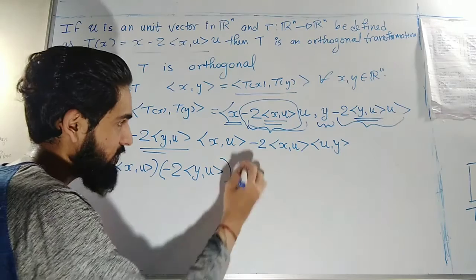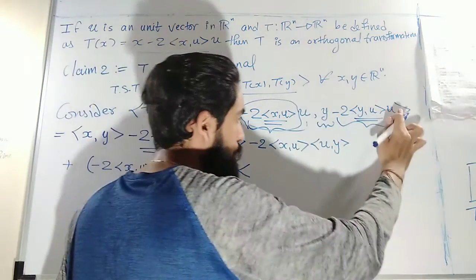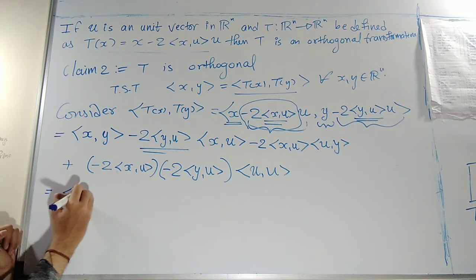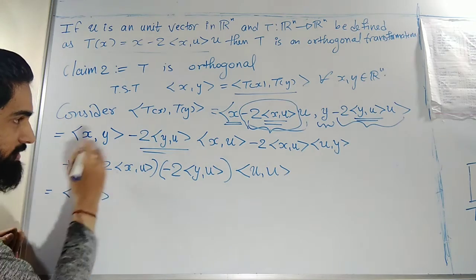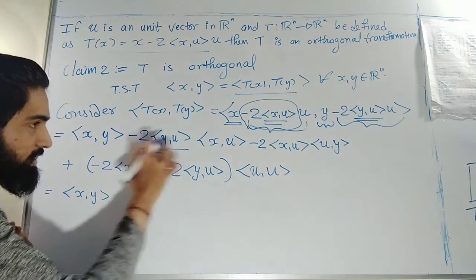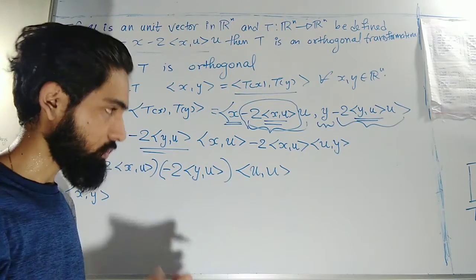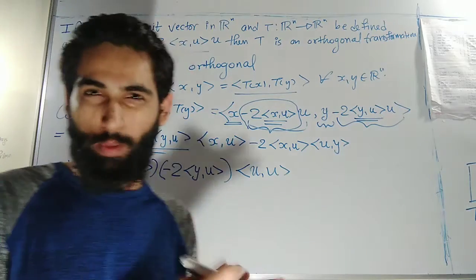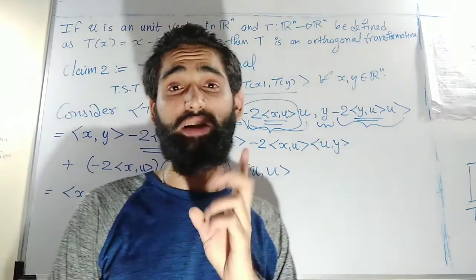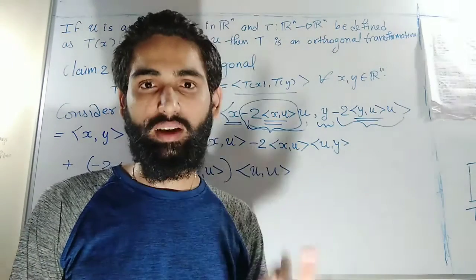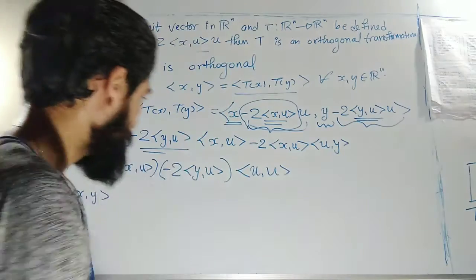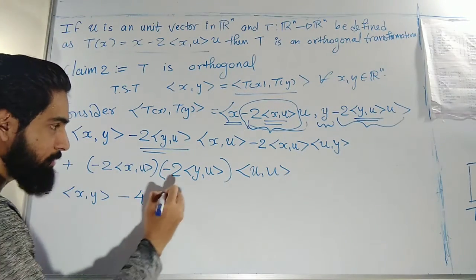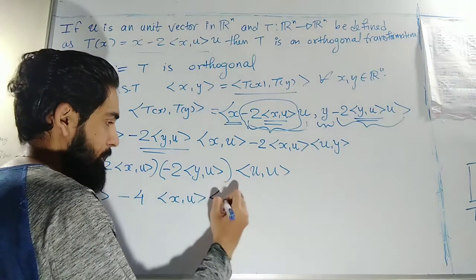After that, what is left inside the inner product is u with u. After this, I will write inner product xy, the first term as it is. Now these two terms are actually the same, right? Why is it so? Since if you consider the inner product of y comma u, or you consider the other, both are the same. Since we are on the reals, swapping the coordinates does not change it. Hence these two are the same. Minus 2 times, then it is minus 4 times inner product x comma u, inner product y comma u.